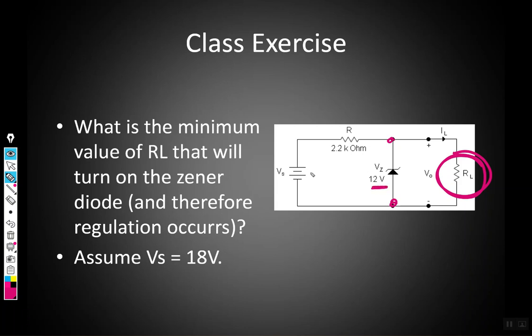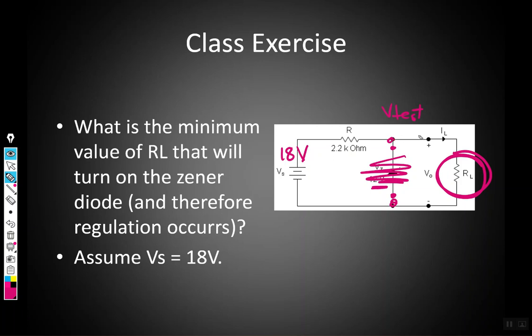We know this is a 12 volt Zener, and we're assuming again that we have 18 volts supply voltage. So remember, when we assume that the Zener is not there and we're looking between these 2 points and we want to know what this V test is, and we're hoping it's above 12 volts to turn on our Zener diode,